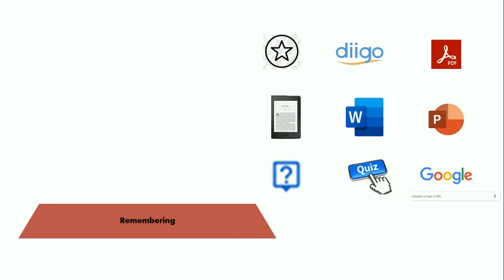Students are also asked to search the content and bookmark it for future reading, either by using Chrome bookmarks or social bookmarking software like Diigo and other things. These are the digital tools which are helpful in remembering activities carried out between the students and the teacher.